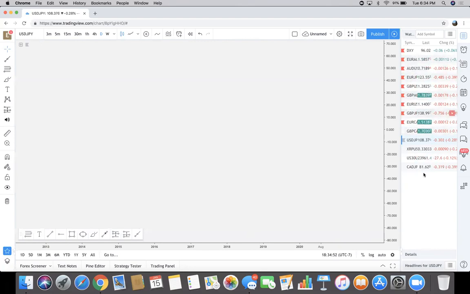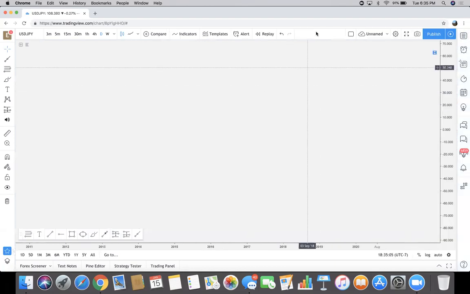go in on. So CAD JPY, and then you just leave it like that. So I don't use any of these other things. I don't think I've ever touched any of this other stuff. Maybe I'll dive into that one day, but not today. You guys can see